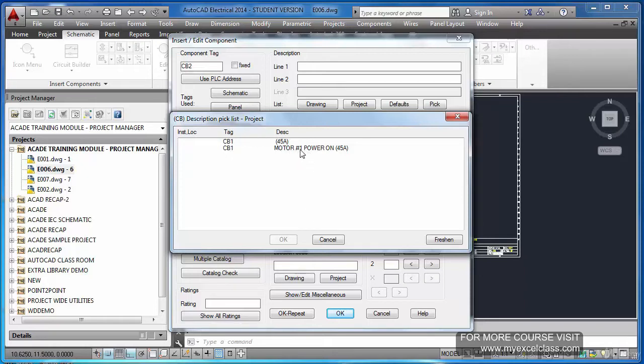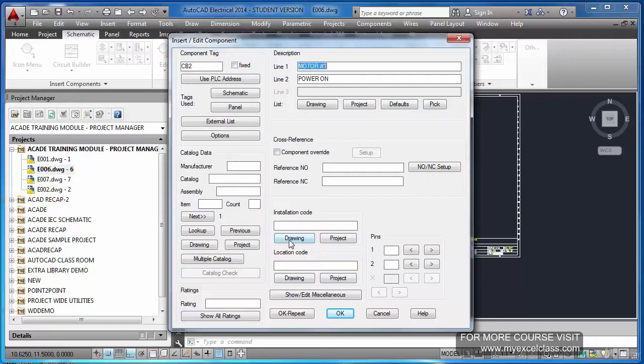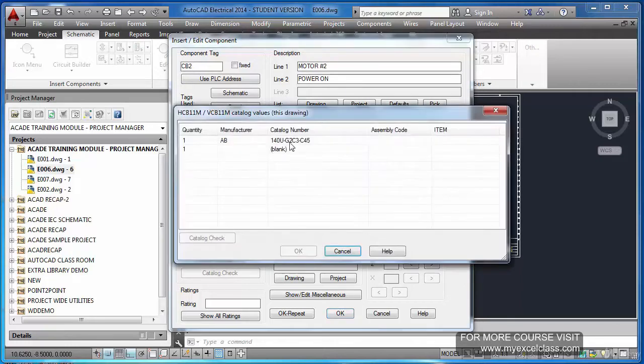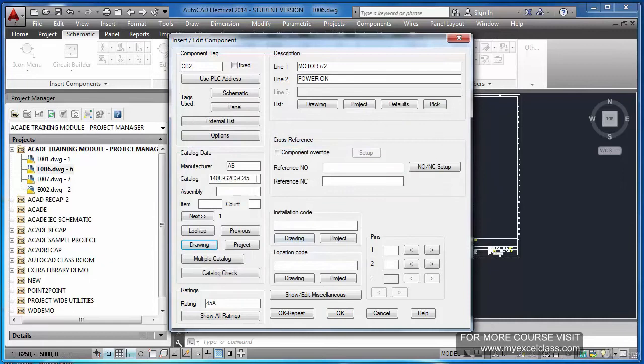Now I have only used one circuit breaker, motor 1, power 1. So I just copy this and change it to motor 2, power 1. Fine. Catalog number also I will select the first one. Okay, I just change the description, that's all.